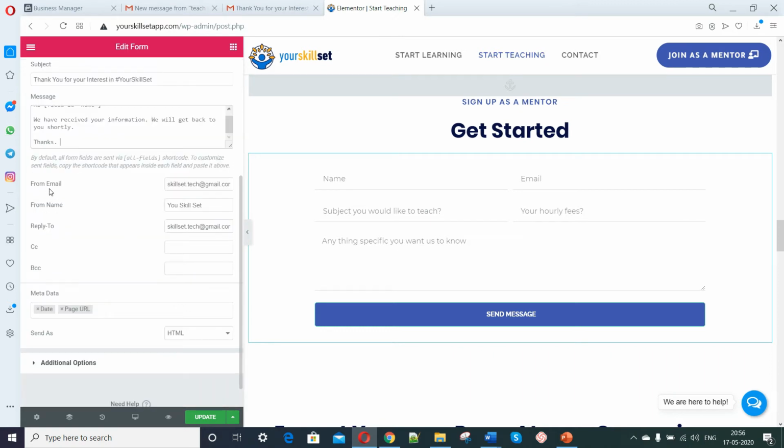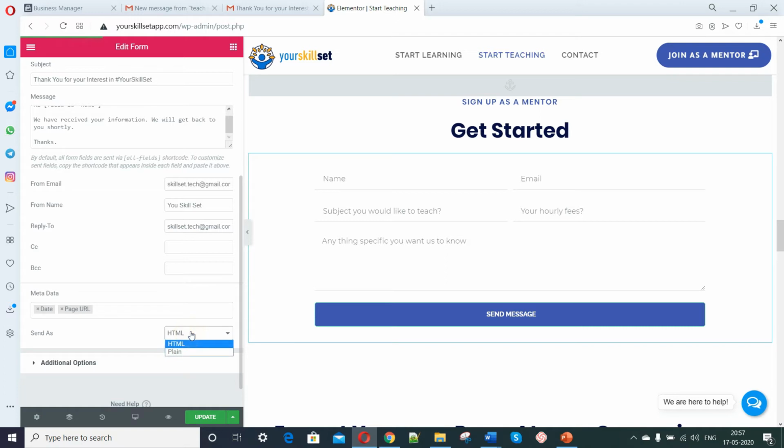And then you have the option to choose the email ID that your users would be seeing. So you want to send your users an email stating that, hey, we have received your form fill up, and what is the email ID from which you want to send this email. So you can put in your email ID over here and then put in your name, brand name primarily, and reply to. If they want to reply back to this confirmation email, where this response email lands up, you can select the email ID from here.